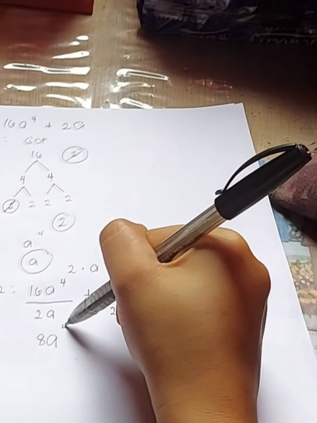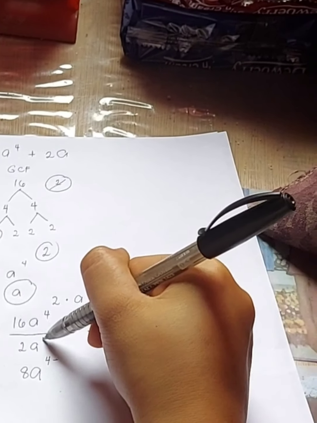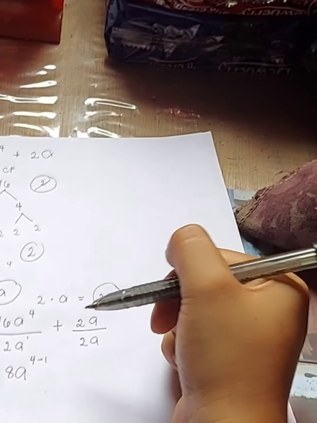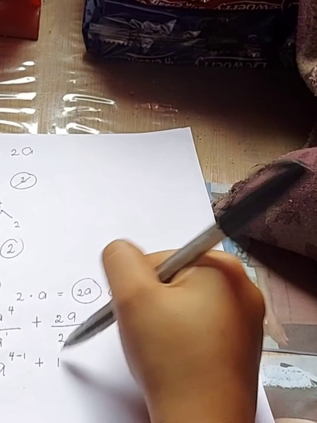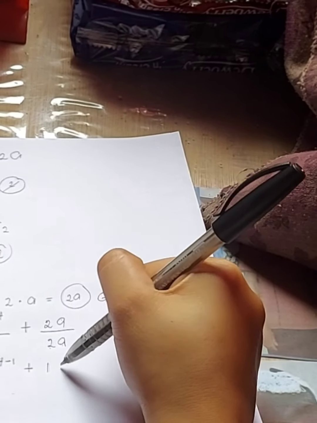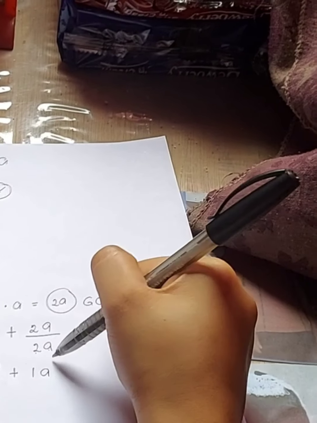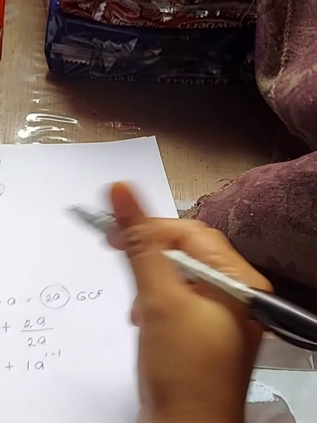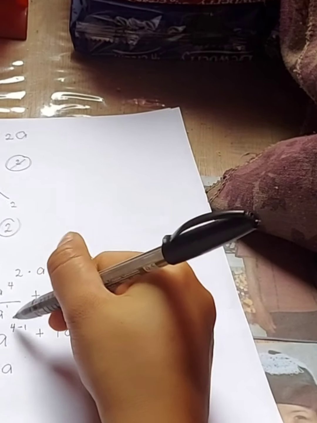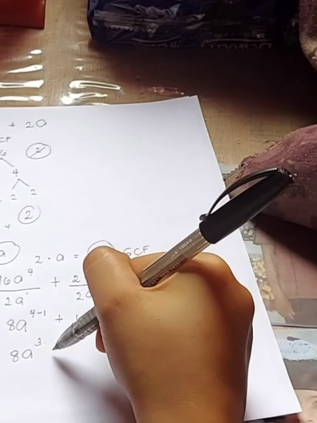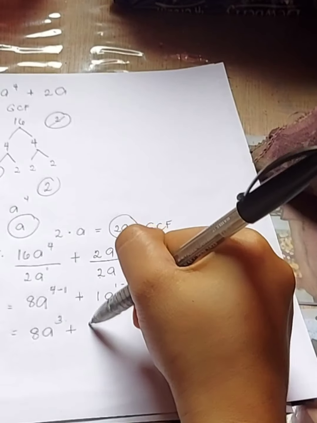Subtract the exponent. 4 minus, understood to be 1, 1. Plus 2 divided by 2 is 1. A divided by a, copy a. 1 minus 1. So that is 8a, 4 minus 1 is 3, plus 1